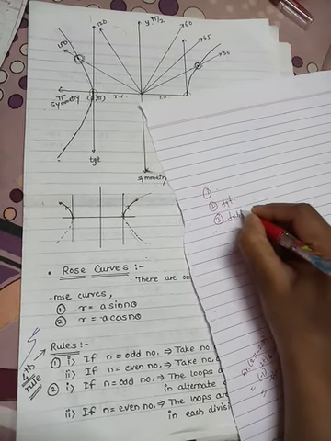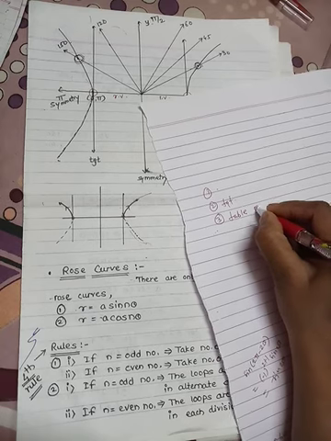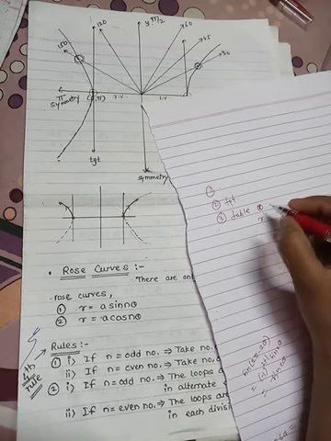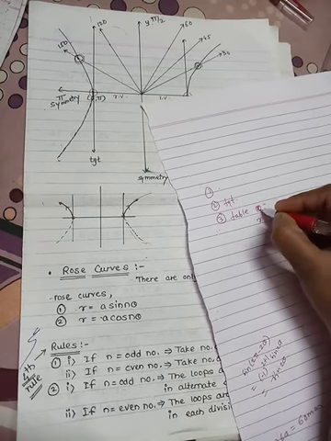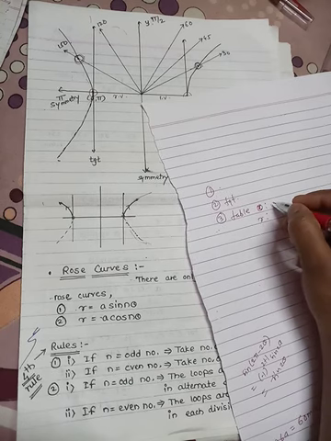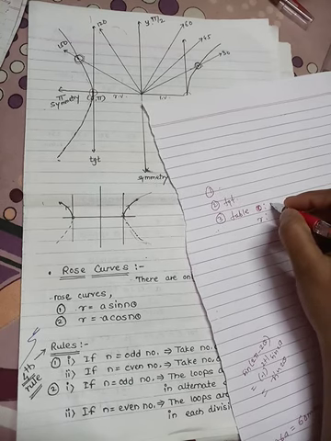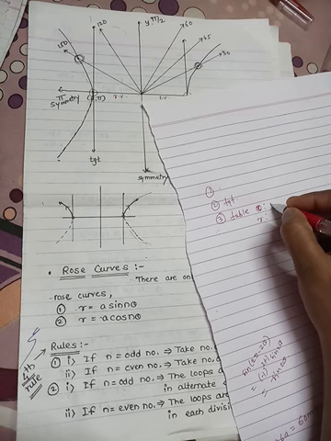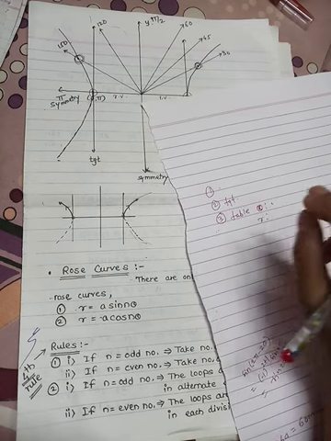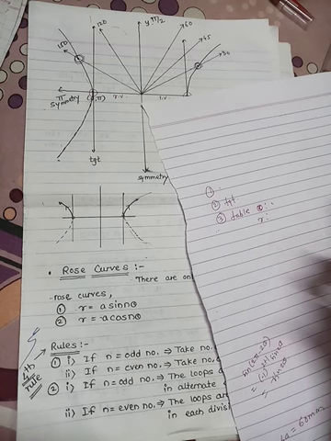we have to prepare the table of theta values and r values, and then which theta values we have to take for that particular example. So that is your fixed rule. If the symmetry is about the initial line, then thetas are from 0 to 180. If about the perpendicular line, then thetas we have to take from 90 to 270. If the symmetry is about the pole, then we have to take again 0 to 180.